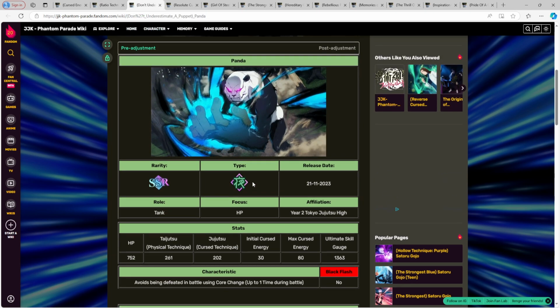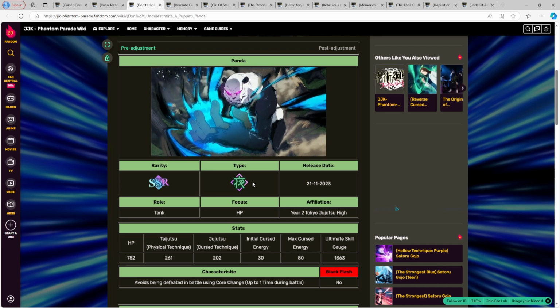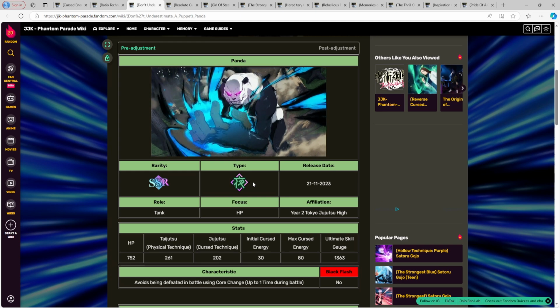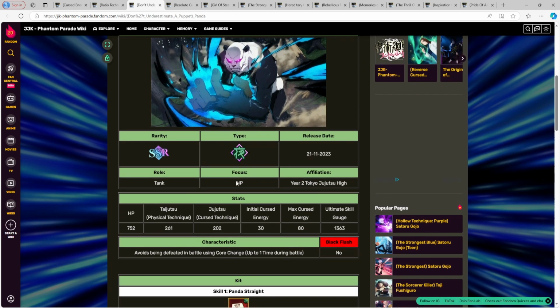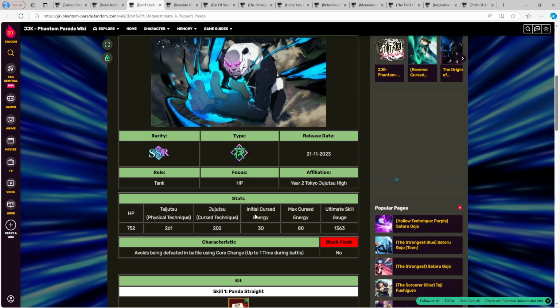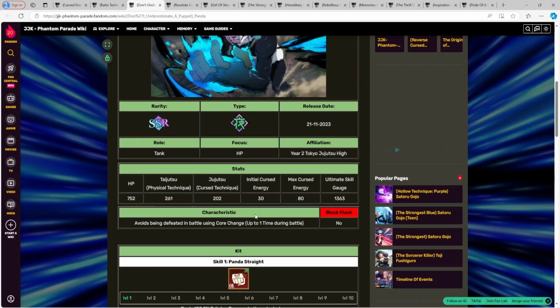Panda! My Panda! This was my day one savior when I played JP. So Panda is filling out the tank role. He's a green tank. Panda is beautiful. So yeah, I have a special place for this beautiful specimen of a character. I love Panda so much. But yeah, with the characteristic,